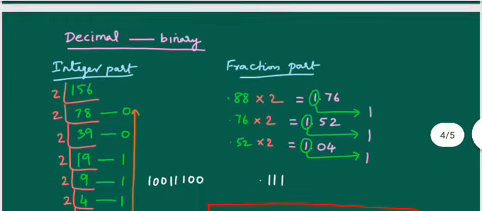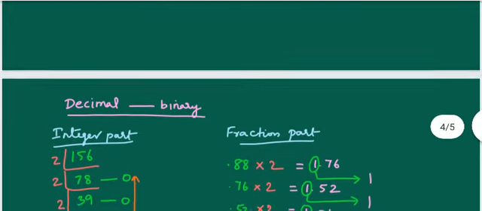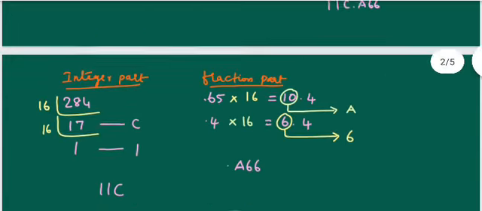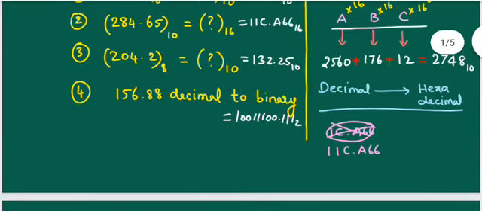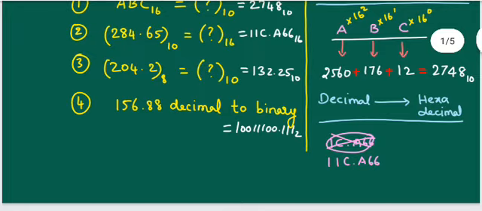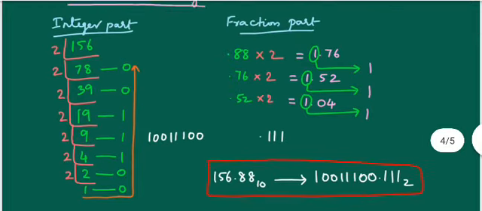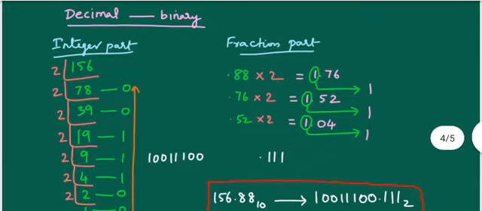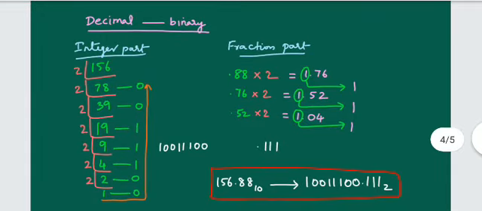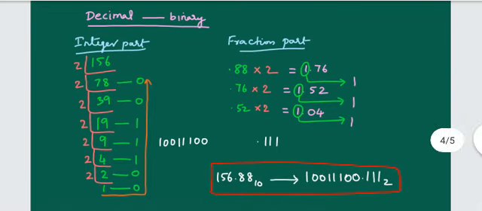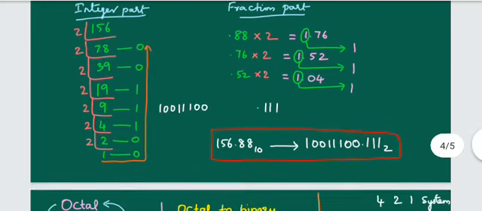So we'll see the last problem. What is the value given in the question? Just see the question. Decimal number 156.88 is given. Binary equivalent we need to calculate. So from decimal to any other number system, what is the method we generally follow? Integer part means divide, fraction part means multiply. That's what we did here. Please see this problem. I hope you understand how we solved this problem.